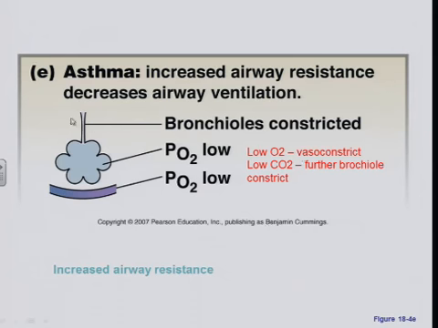We talked about asthma. When we refer to asthma, this primarily refers to increased airway resistance due to bronchial constriction. This is going to decrease total ventilation as well as alveolar ventilation. So in this case, we have a low alveolar PO2 just because we can't move enough gas in, and we're going to have a low arterial oxygen. So what's going to happen to the partial pressure of CO2 in this case?